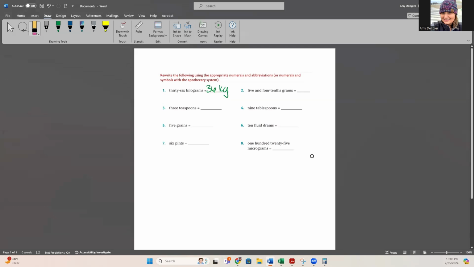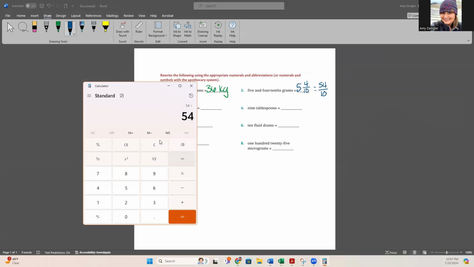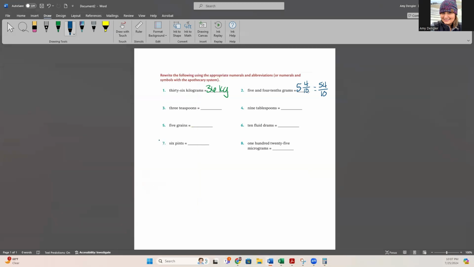So just look at this. I'll write it out as a fraction. So we have 5 and 4/10. So we have this mixed number and we want to turn it into an improper fraction so we can get a decimal. So we go 10 times 5, which is 50, plus 4. So 54 is going to be my numerator and 10 is still going to be my denominator. Now to get my answer in decimals, I am just going to do 54 divided by 10, which gives me 5.4. And that is our answer. You shouldn't see any problems like this on your